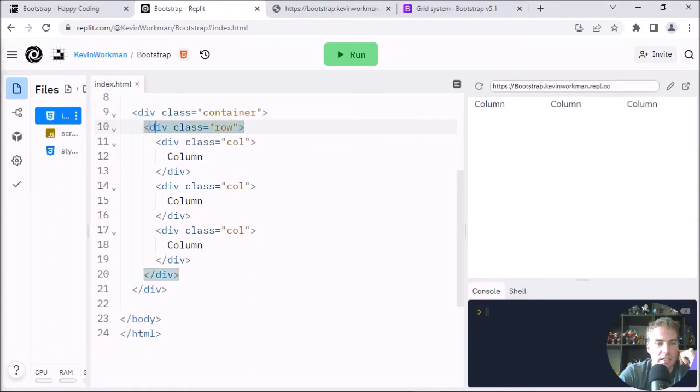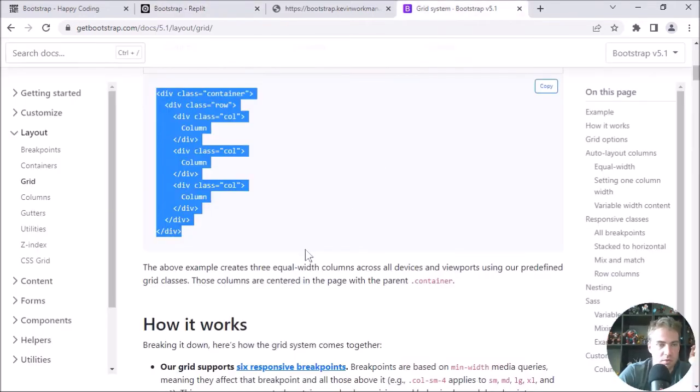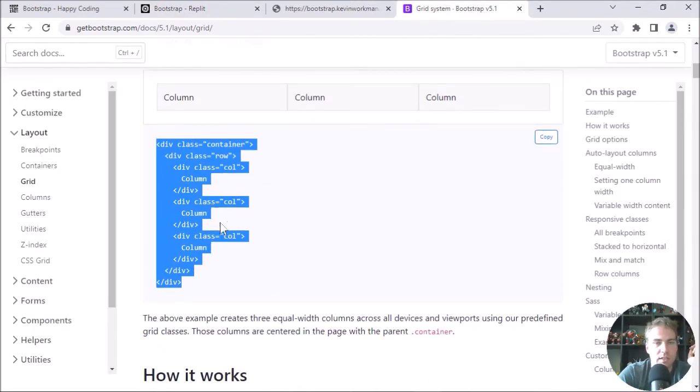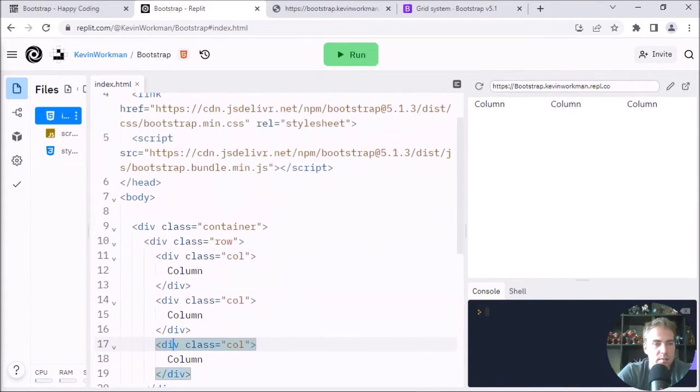What I have is a single div. Well, first of all, I have the container, which is what we talked about before, that has that snapping behavior, where it snaps to specific widths as you resize the window. And then inside of that container, I have right now a single row. And inside of that row, I have 3 columns. You saw me just straight up copy the code from the example. But what that gives me is these 3 columns of content. So maybe to show that a little bit better,